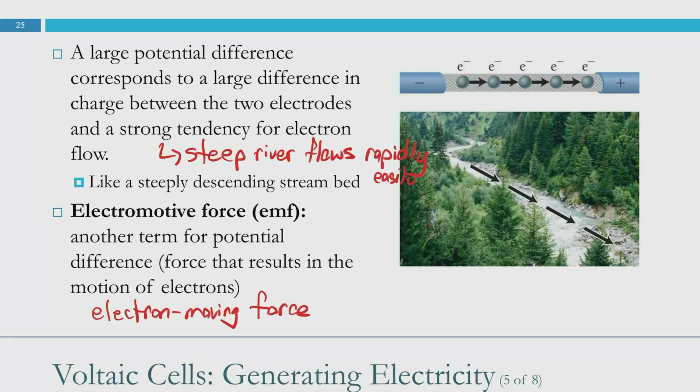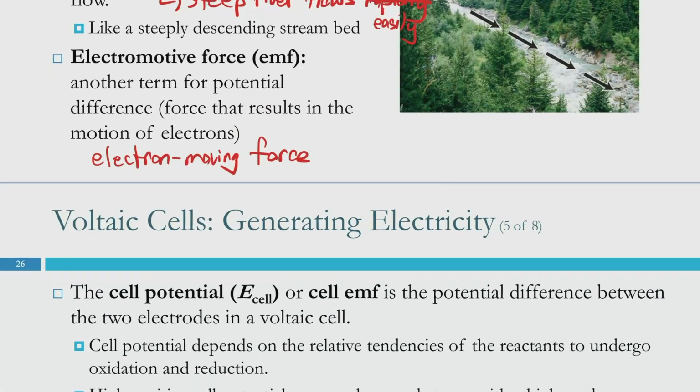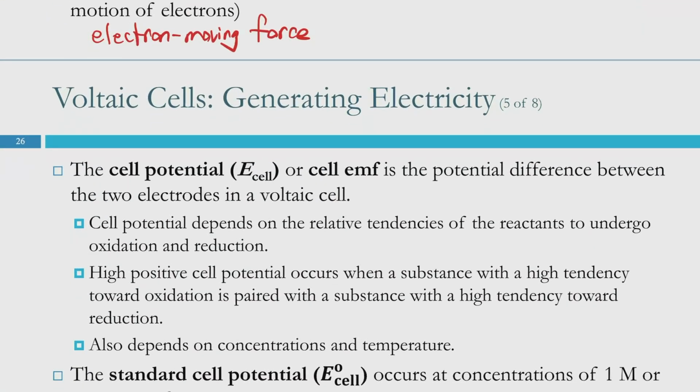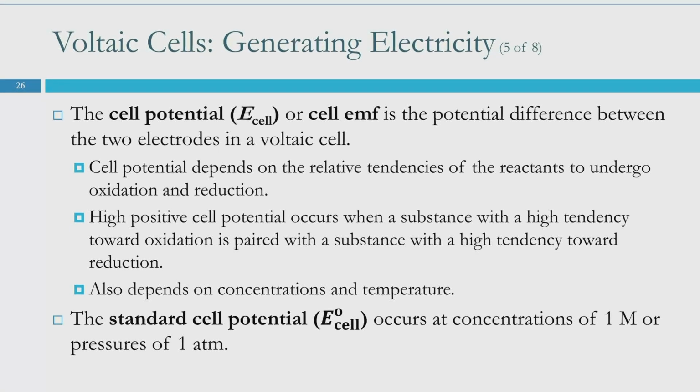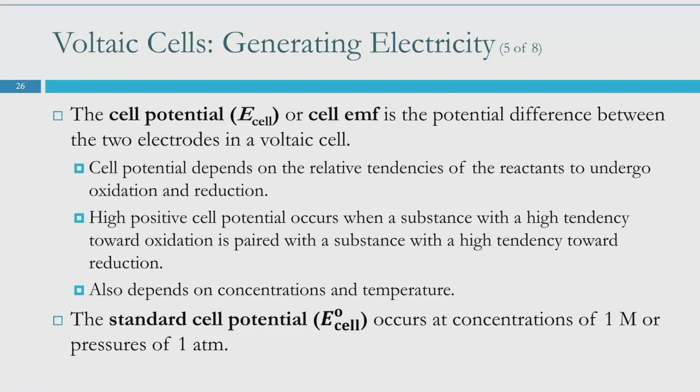I think it's probably more accurate to say that it flows easily rather than rapidly. Some other terms that we've got that are related to this: we're all thinking about this in terms of our two half cells with the wire that connects them and our little salt bridge. It's kind of the image. We're building up terms that we can use to describe and talk about different aspects of that system. And so cell potential, or cell EMF,